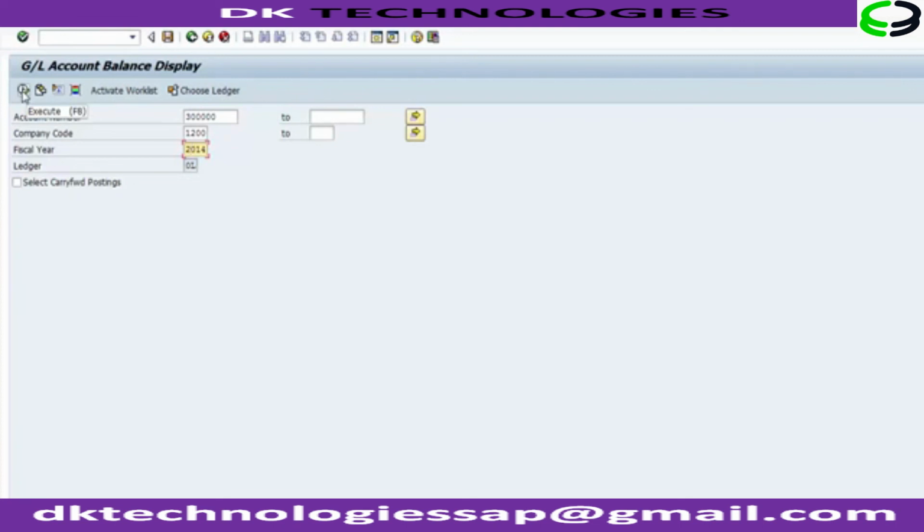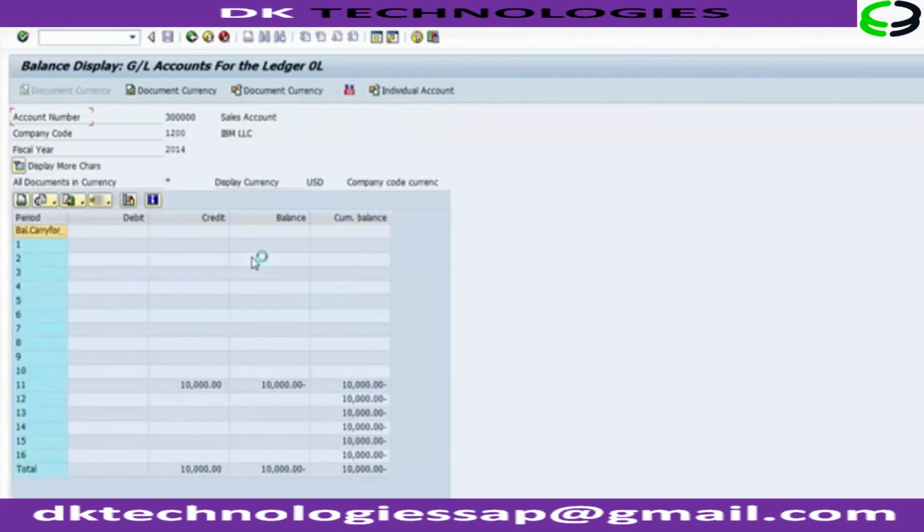So once you click onto execute, now you can see that it shows you the screen where it shows you the period wise balances from 1 to 16, where the first 12 are the normal periods and from 13 to 16 are the special periods which we have discussed while posting period variant as well. So in the 11th period you can check that